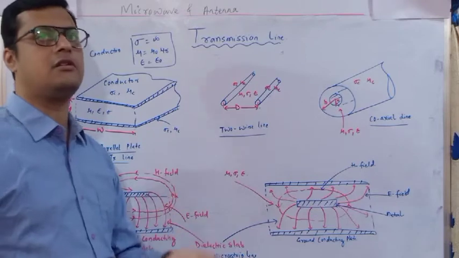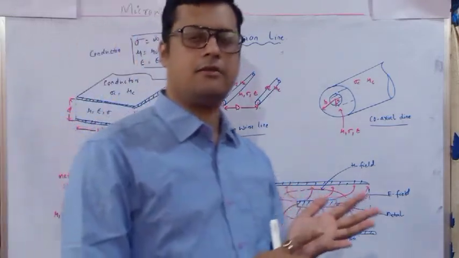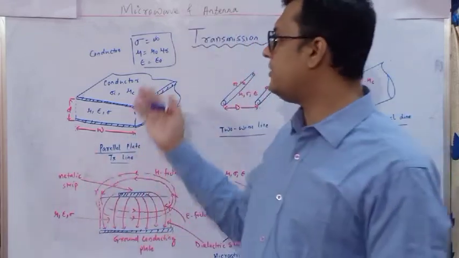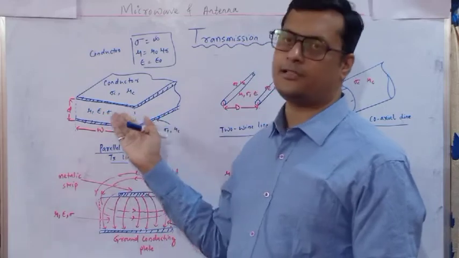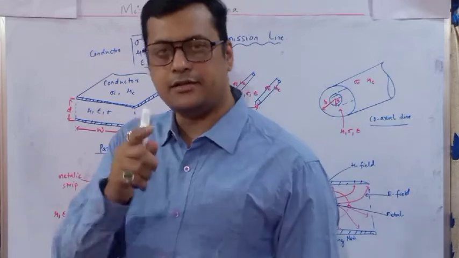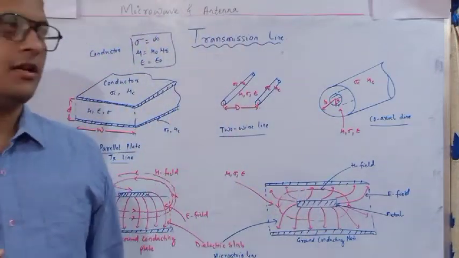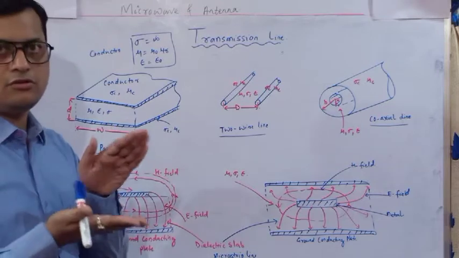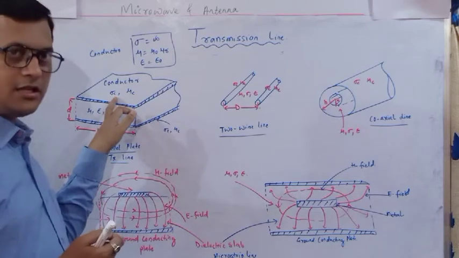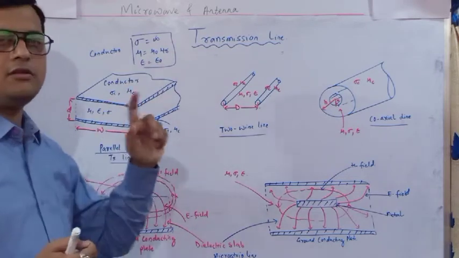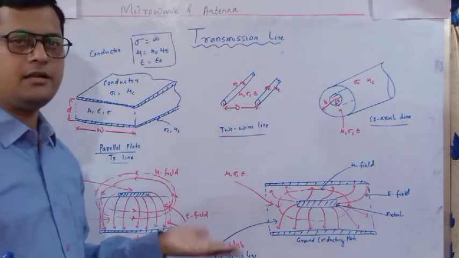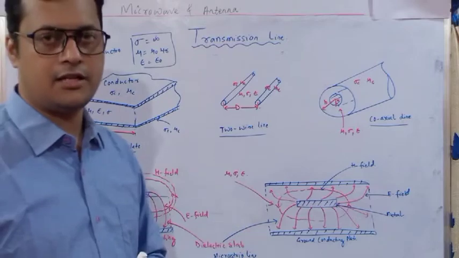We do not know what sort of dielectric medium it is, whether it is a lossless, whether it is a lossy, whether it is a air medium, whatever it is. So depend upon those characteristics, this mu, epsilon and sigma value is going to change. If it is a lossless medium, substitute those conditions. If it is a lossy medium, substitute those conditions. But the plates remain as it is because those two plates are conductor. So conductor means sigma must be infinite. So sigma value is there, conductivity is there. Then mu is equals to mu naught into mu r. So that is indicated by mu c. And epsilon is air medium because it is air interface is there, no need to calculate the permittivity value.